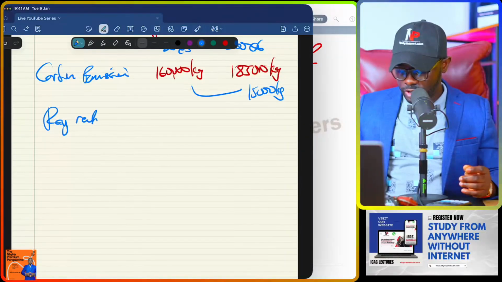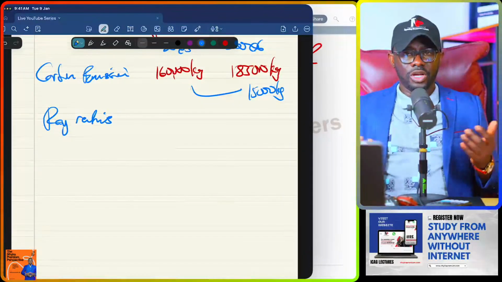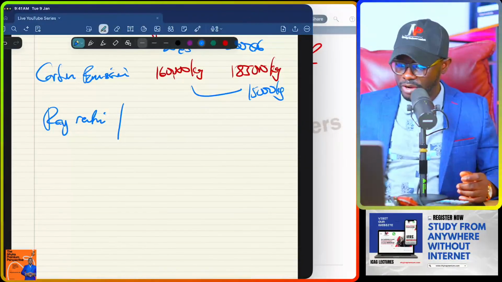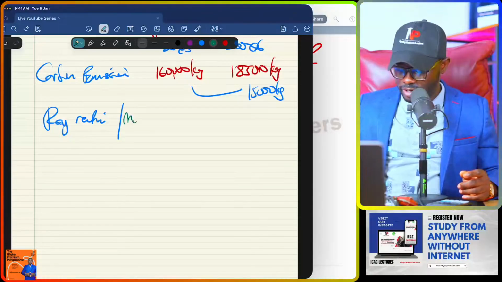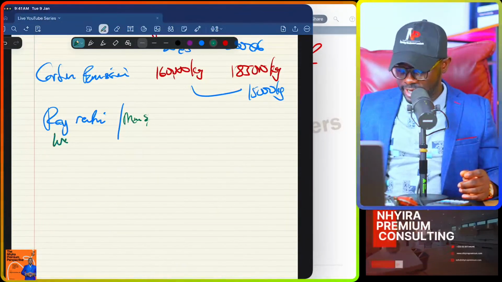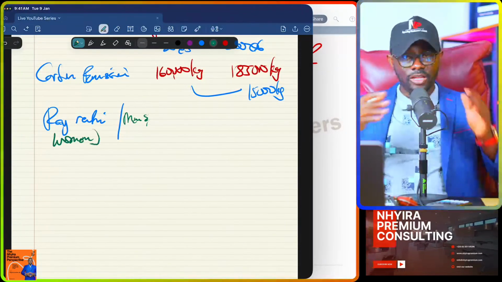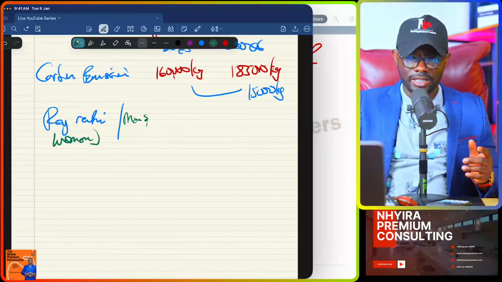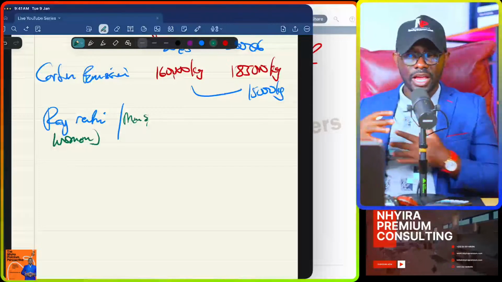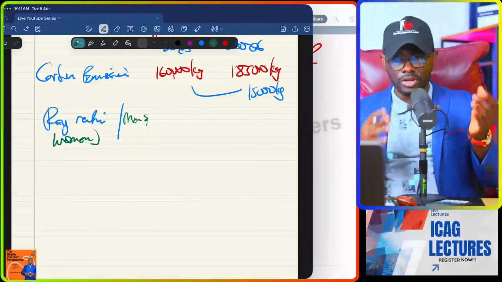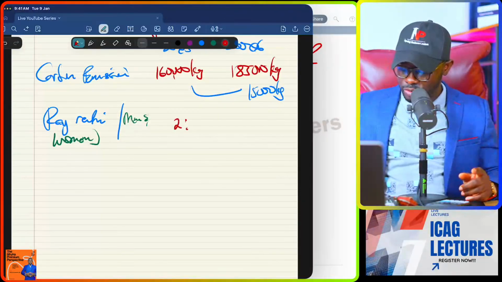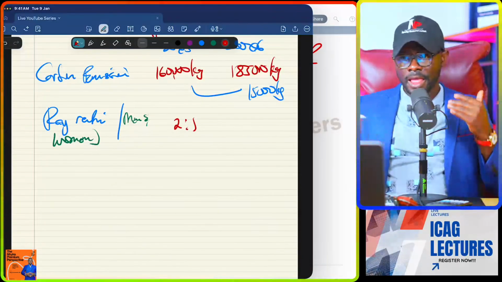Okay? The pay ratio. So if the pay ratio means we are looking at a pay ratio between men and women, right? In this day and age, with women empowerment and those things going on, pay ratio is going to be key. How much does the entity pay its male employees as compared to its female employees? That is very important. So let's say that the pay ratio is maybe 2:1 last year, and this year it